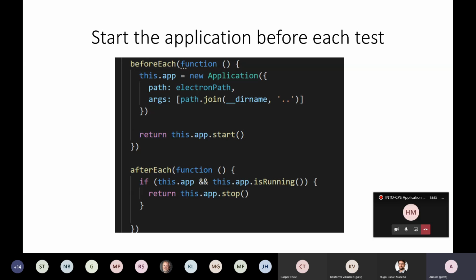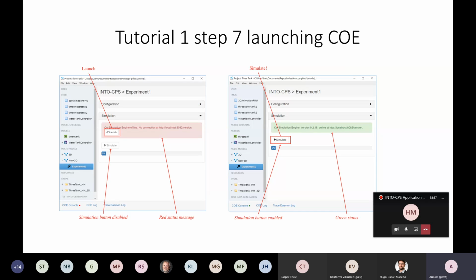Here we have an instance of the application, and here we point the path to Electron. Before each test, we start the application by running app.start, and after each test, we run app.stop. So this is what we have been testing.